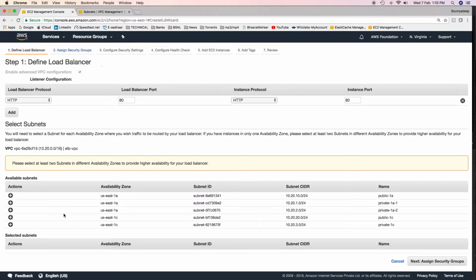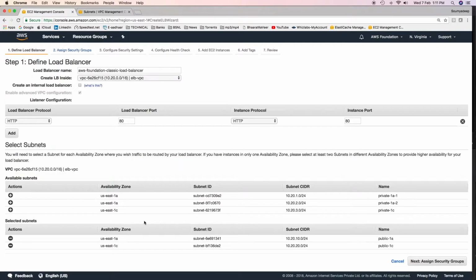Remember this. You have seen the load balancer architecture. I have told you that the subnets of the load balancer should be public ones and they should reside in the same AZ as that of the EC2 instances' subnet. In our case, you have three subnets which are private and they are in AZ US East 1A and US East 1C. So you'll have to select public subnets in the same AZs, which you have already created. Public 1C and public 1A. These are the two subnets where the load balancer nodes would be created. We'll see shortly.